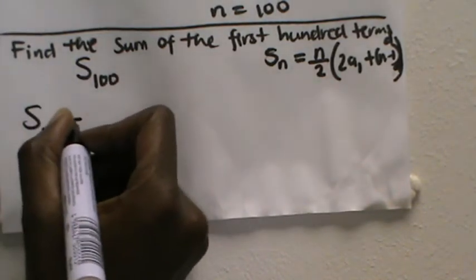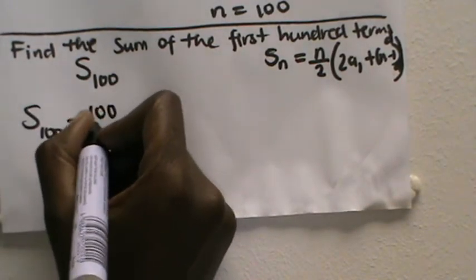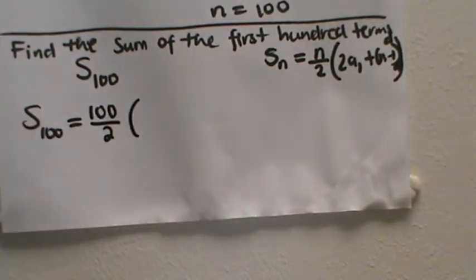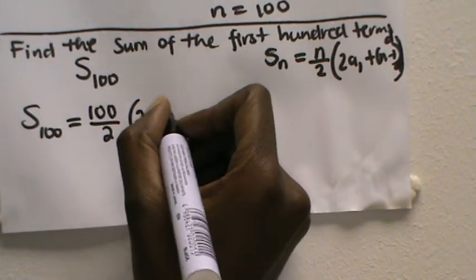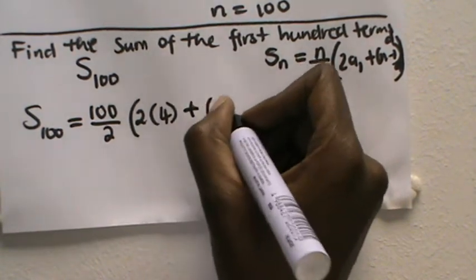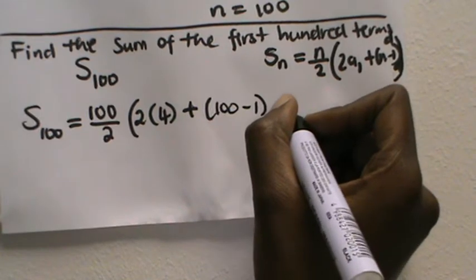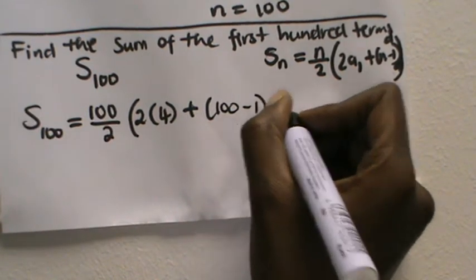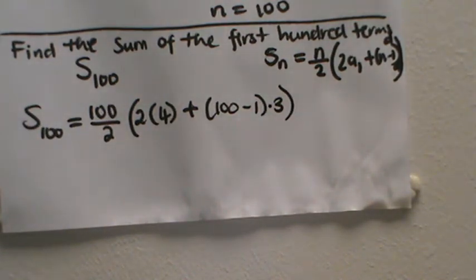S sub 100. N, we said, is 100. So we have 100 over 2, and then 2 multiplied by a1, which is 4, and then n minus 1, so this is 100 minus 1 times d. D we said is 3, or we worked it out and showed that it is 3, and then we close our bracket. Okay, so here there's nothing difficult to do. All we have to do is